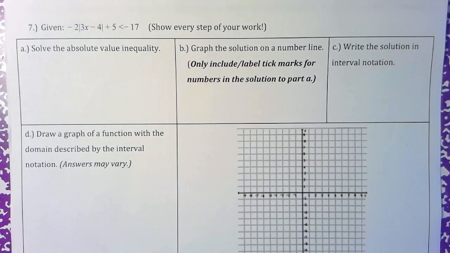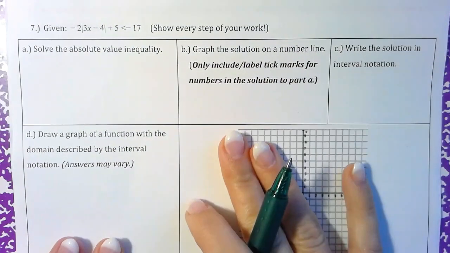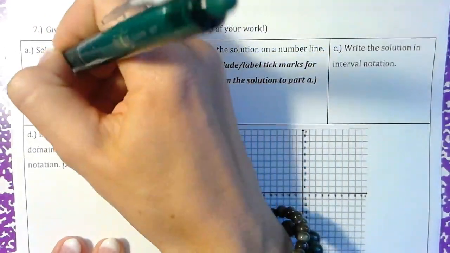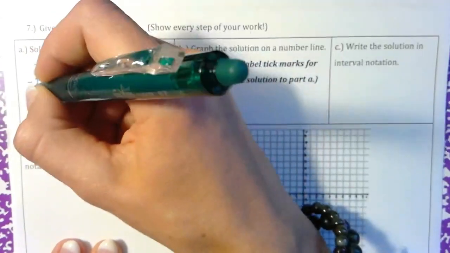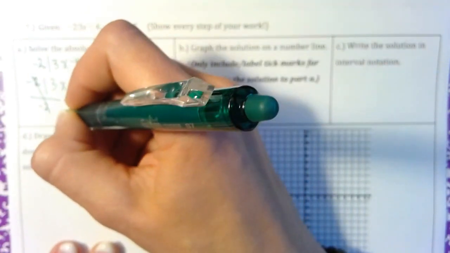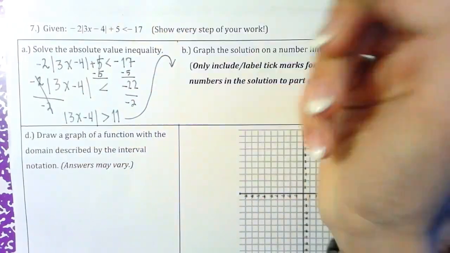This example is just like the last one, except instead of a compound inequality, we have an absolute value inequality. So first step is what? If you said rewrite the problem, then you're awesome. Divide by -2. When we divide by -2, this becomes positive 11, and that flips. Absolute value of 3x minus 4 is greater than 11. What do you do